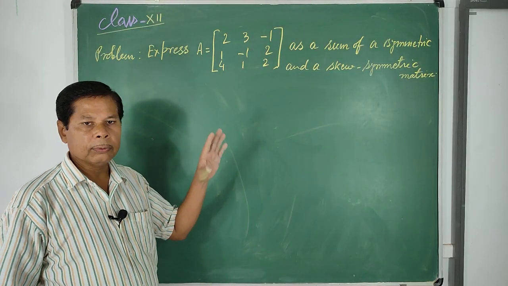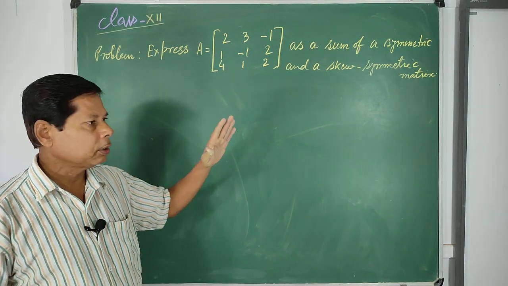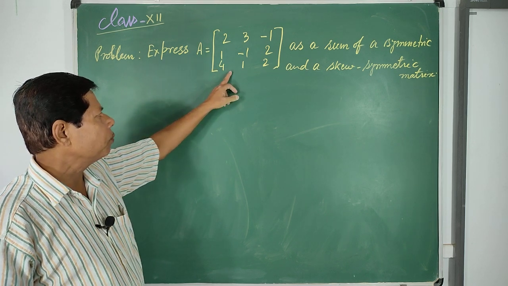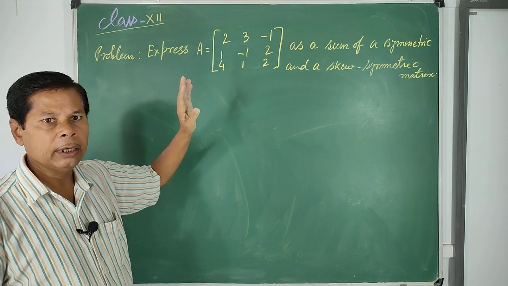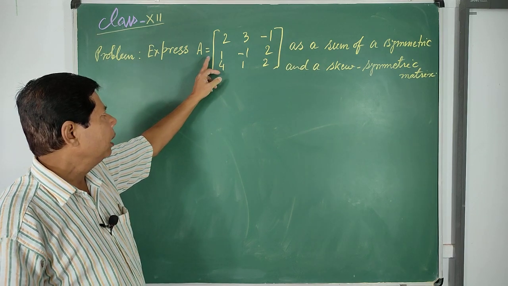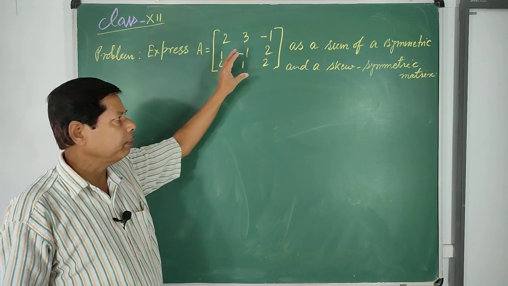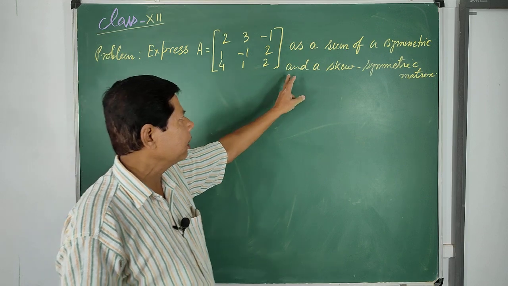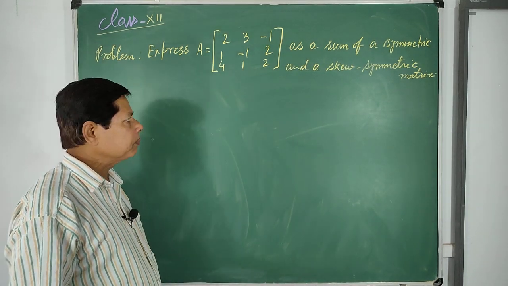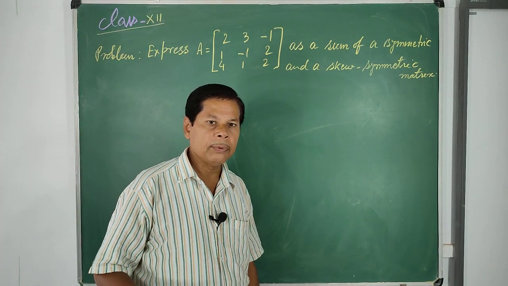So here, one of the most important problems based on the transpose of a matrix is: a given matrix which is square in form, 3 by 3, is generally asked. So any 3 by 3 matrix is taken, elements are taken. We are to express this square matrix as a sum of a symmetric and a skew symmetric matrix. Now how shall we express it? In the class notes which I have sent you,